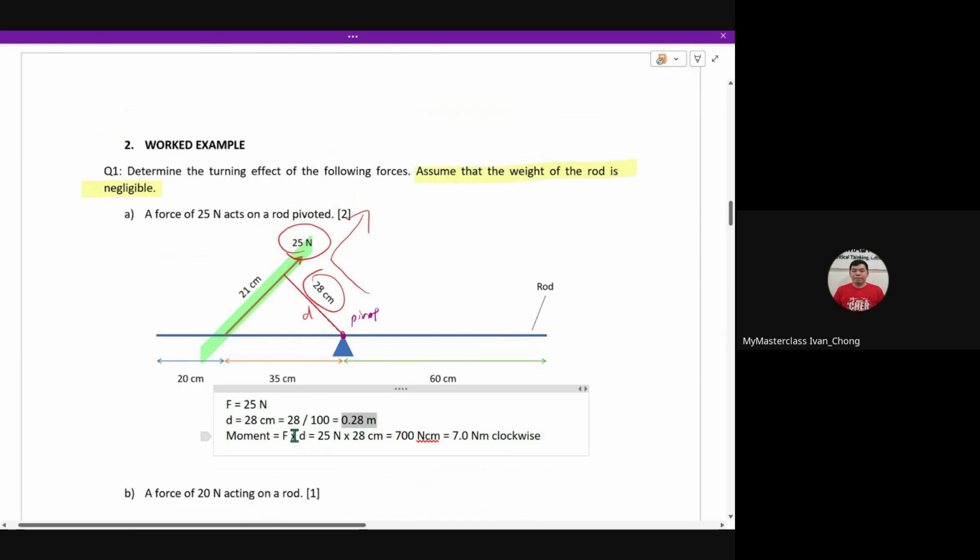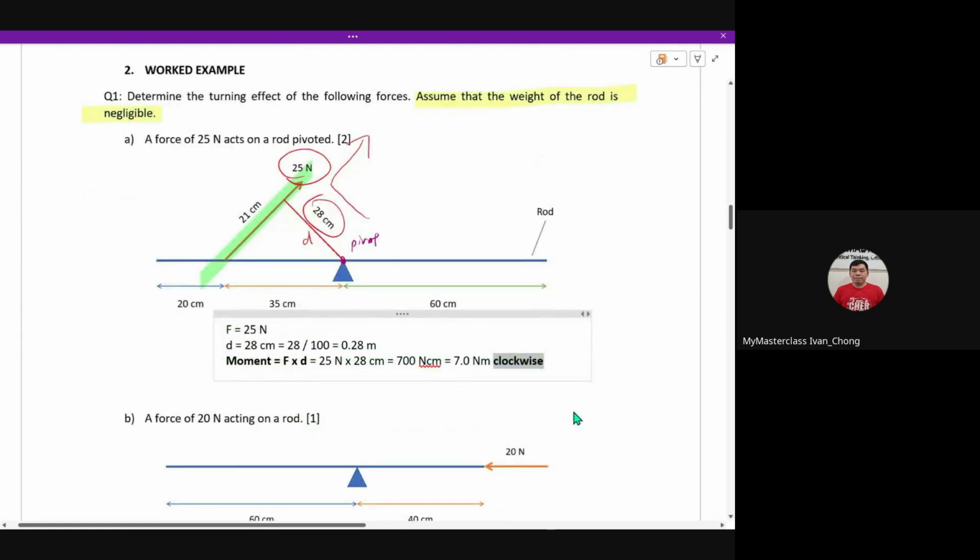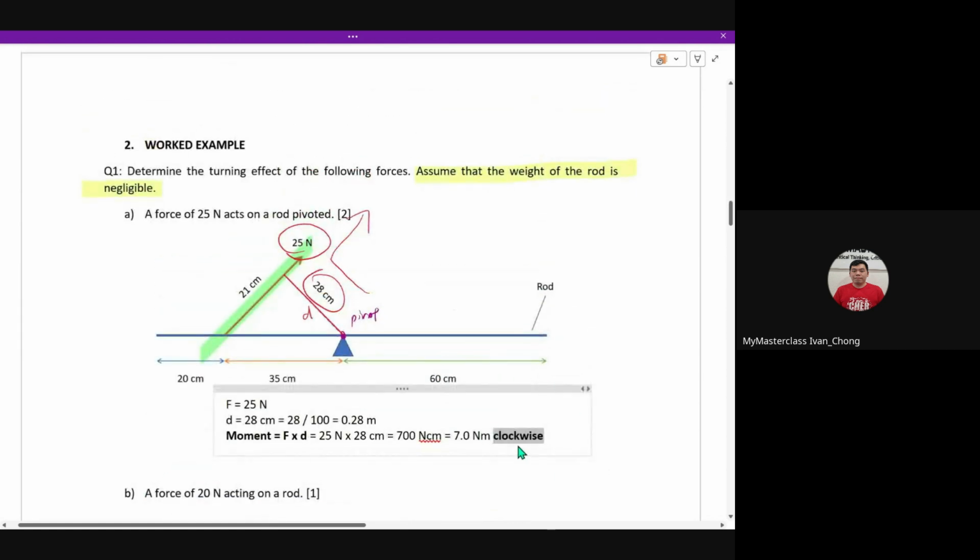So using this force times distance, write the formula down. A lot of you don't do this. So write the formula down, and then you can solve accordingly. Now you can leave it as Newton cm or Newton meter, but don't forget the most important thing of all. You want to mention the direction, because a lot of students will skip this part. Why? Don't forget,